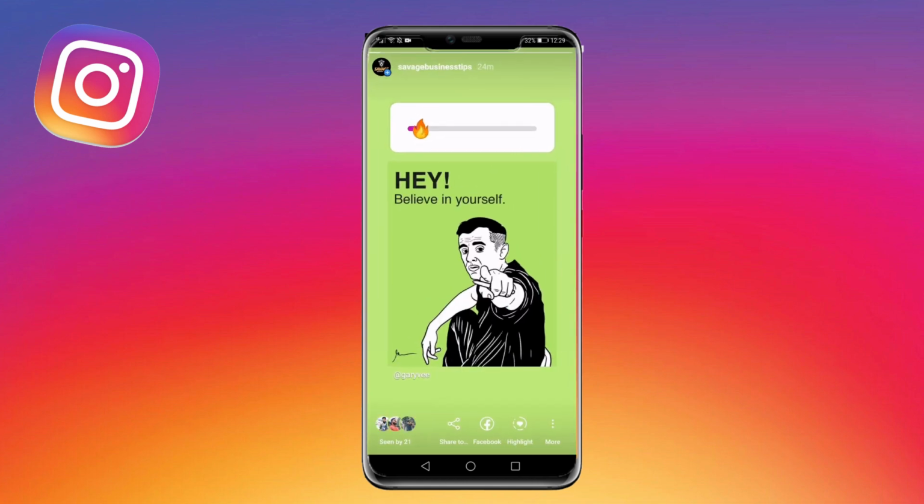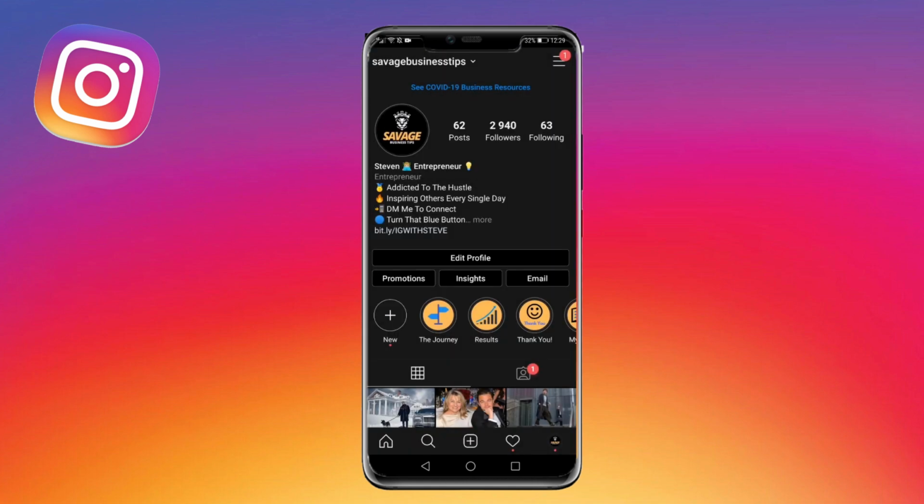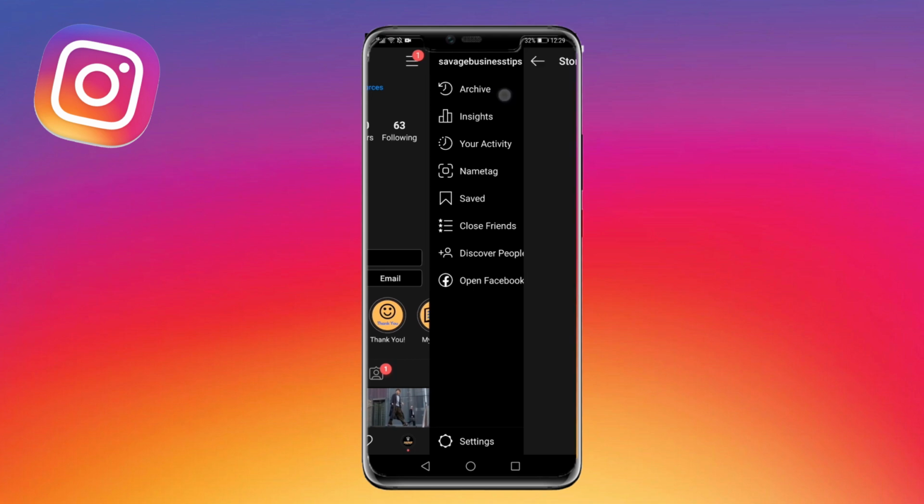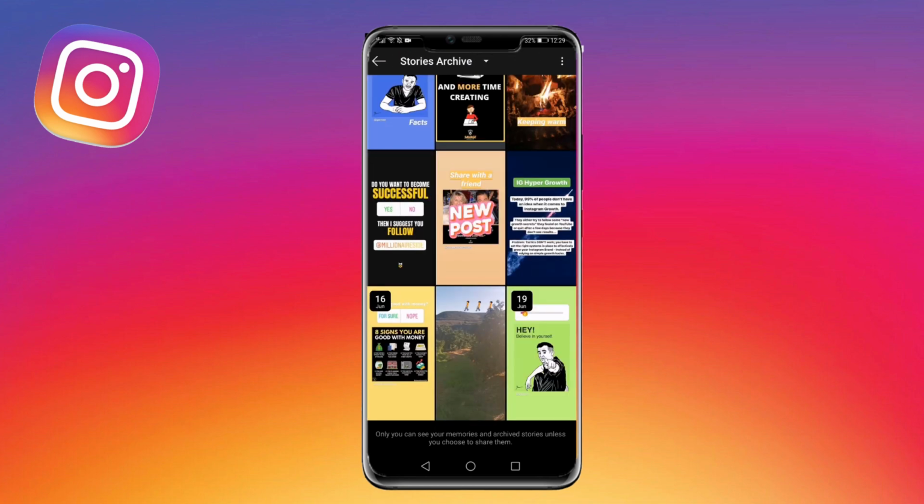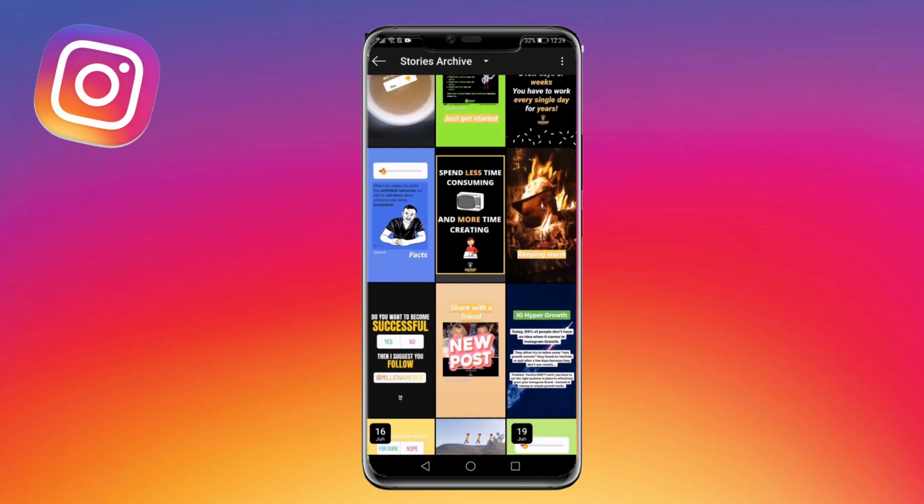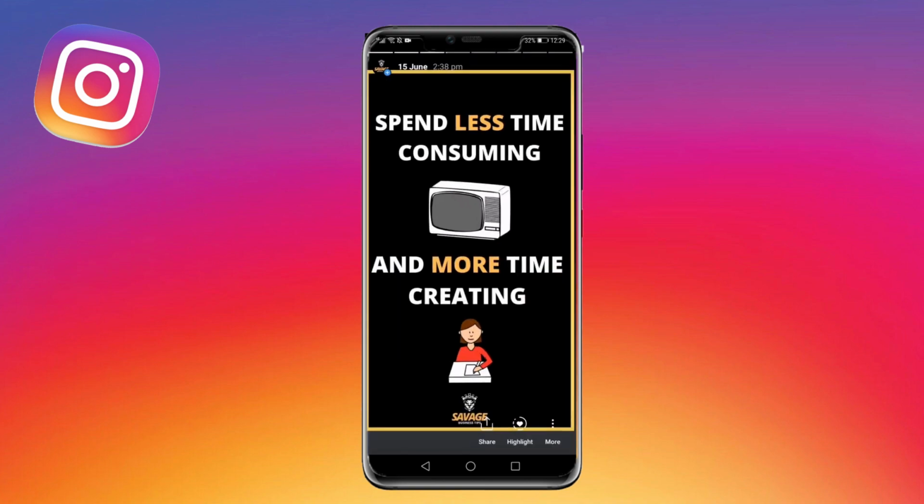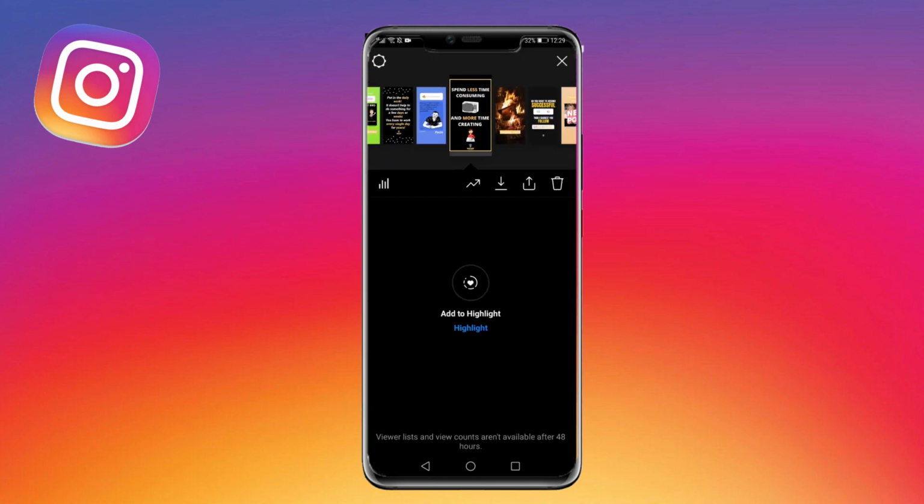Now if you want to go ahead and look at some past stories that you've done, all you need to do is go into your archives. So how you do that is you tap on the three lines at the top right, you click on archives. It will now show every one of your posts that you've previously made, and I can go ahead and tap on this, and if I swipe up on this now, it doesn't show me how many